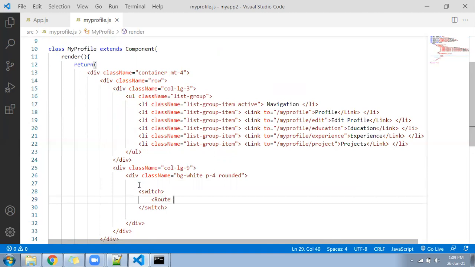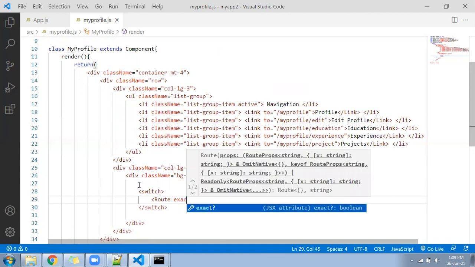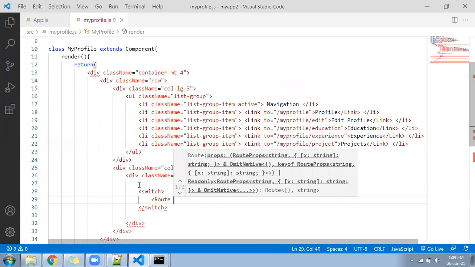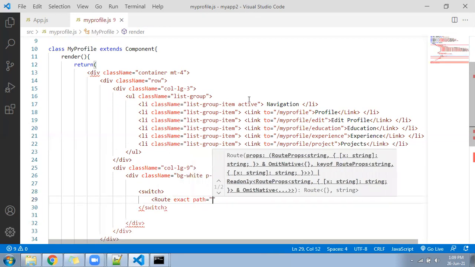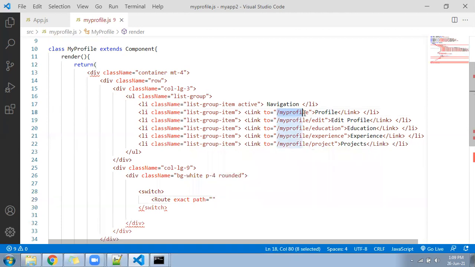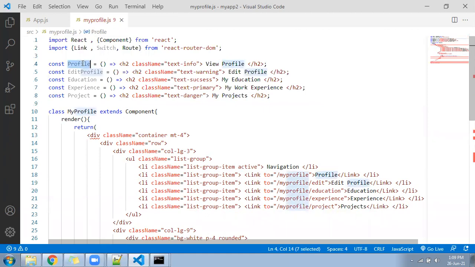Inside that, exact path equal to which one? This path you are going to mention. Only profile. Exact path is only profile. Then you are going to load a component. Which component? The default component, that is called profile component.